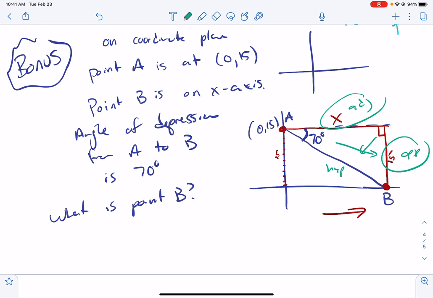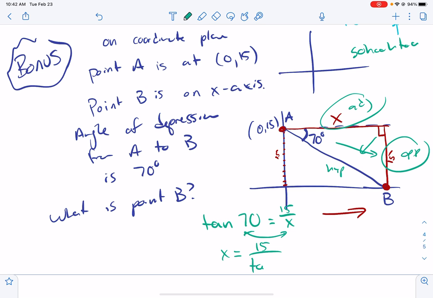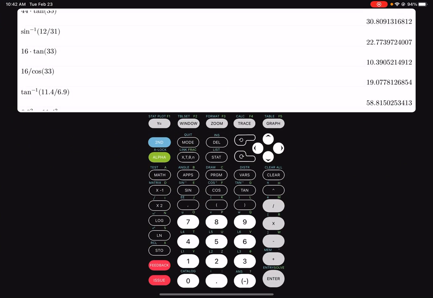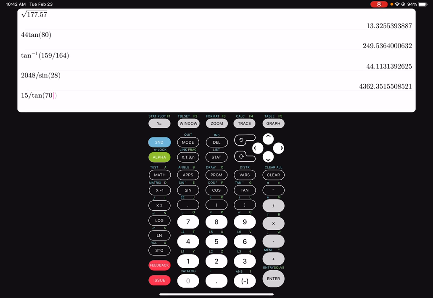All right, well, SOH CAH TOA tells me opposite and adjacent. That means I need to use the tangent. So the tangent of my angle, 70, equals the opposite side, 15, divided by the adjacent x. Well, my x is on the bottom. I don't like that. So let's just switch those two places. x equals 15 divided by the tangent of 70. Okay, I can plug that in my calculator. 15 divided by the tangent of 70. And I get